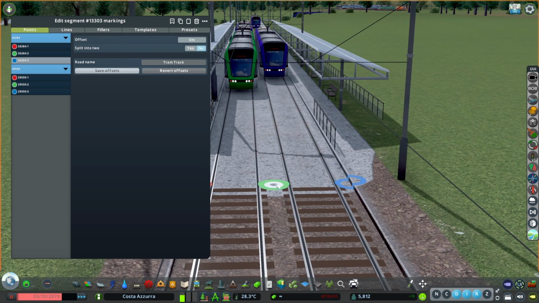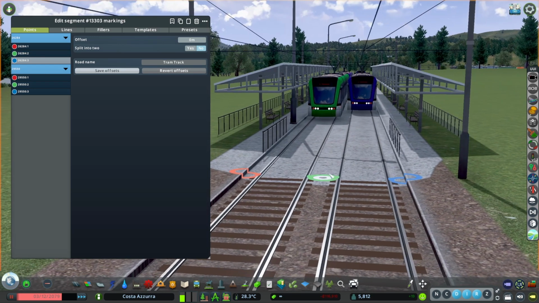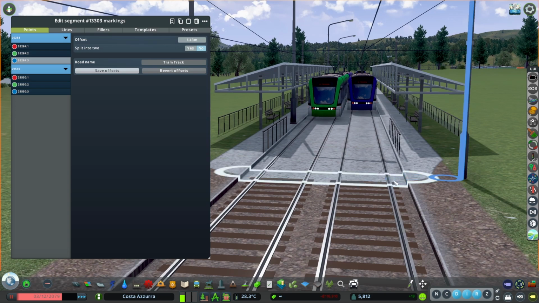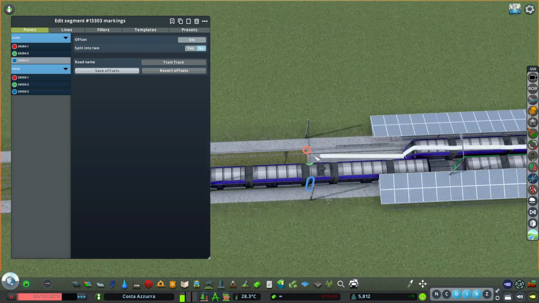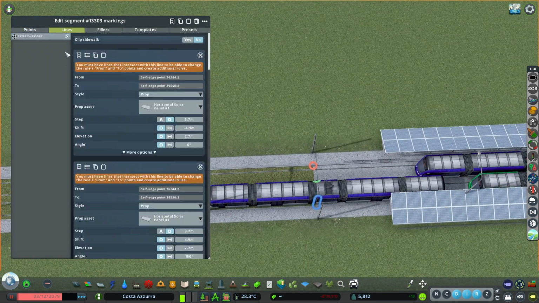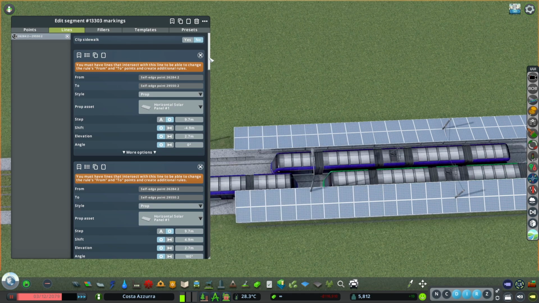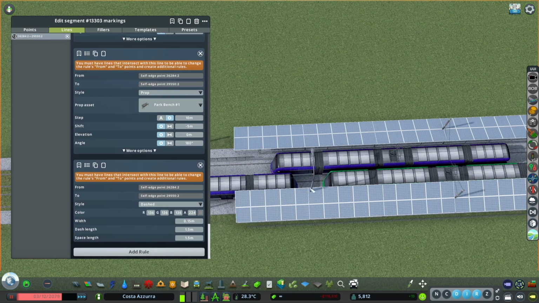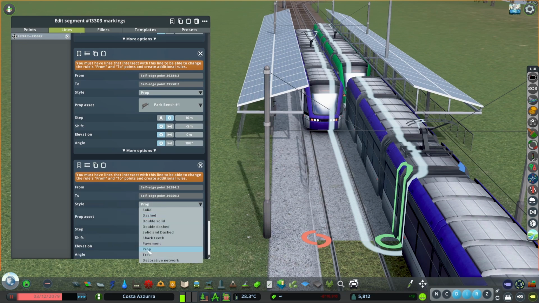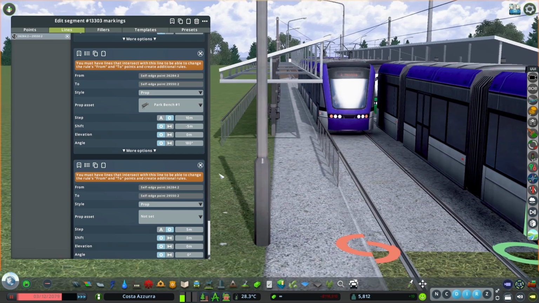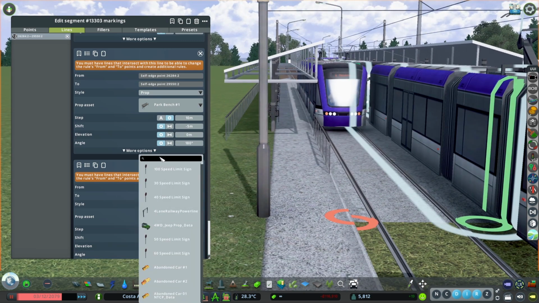Since every prop we have is aligned with the center line anyway, it doesn't matter. We can do whatever we want with these points here. We can hold on control and move them. That's what I'm doing here. So let's set these to 0 again, and let's do a middle line here. Yes, middle line, and we'll add a rule yet again, and I'm gonna make it a prop. And this time we're gonna use that modern fence,